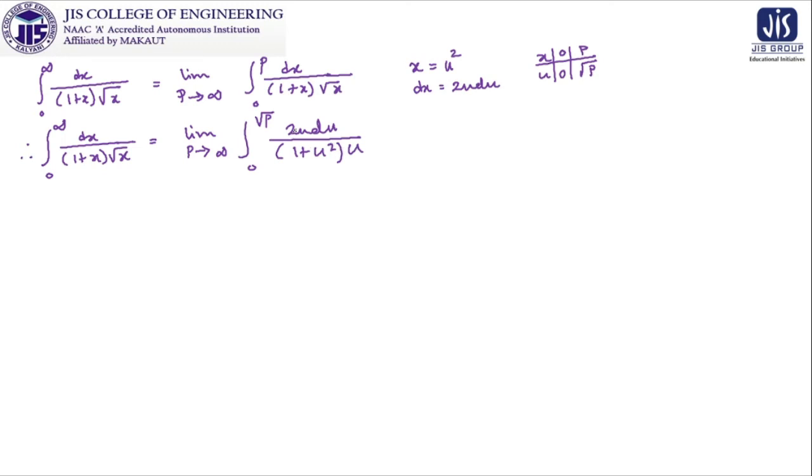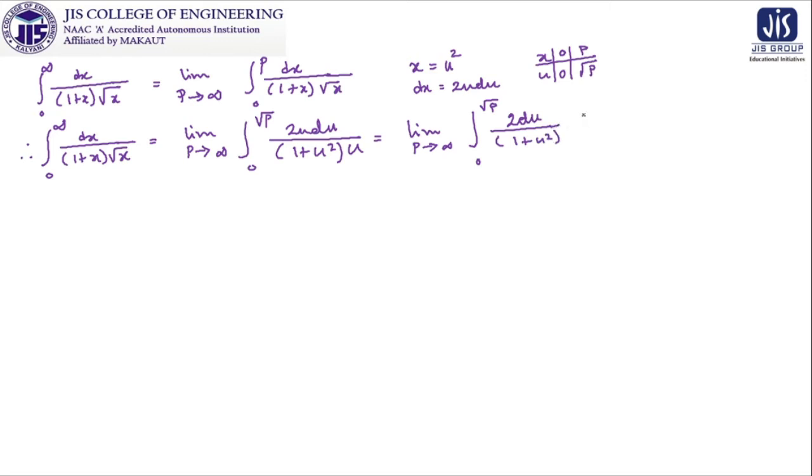So this u and this u are cancelled out, that is why the effect of this 0 is not coming into the problem. But until and unless this u is present, you can't proceed with the problem, because it is not going to give you an expression where the point of infinite discontinuity is not present. So after cancelling u and u, it is 2u by 1 plus u square.